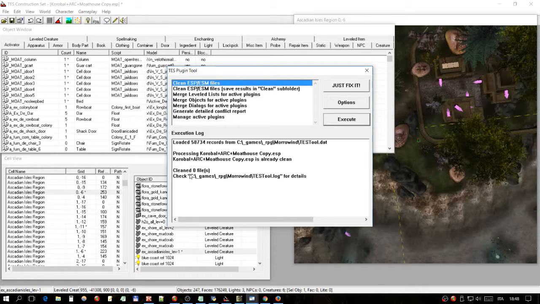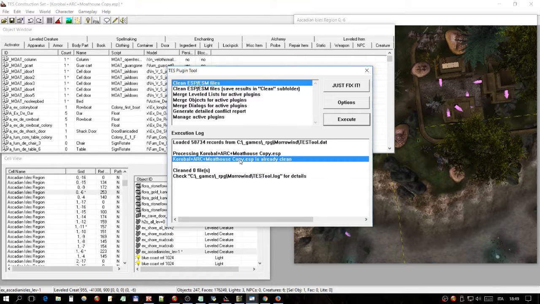And as you can see here, test tool did not find anything else to clean in the mod. It is already clean. But oftentimes test tool will find things that test-free command cannot find, and also the contrary. So I suggest you always clean when you edit a mod, when you make a mod, always clean using these